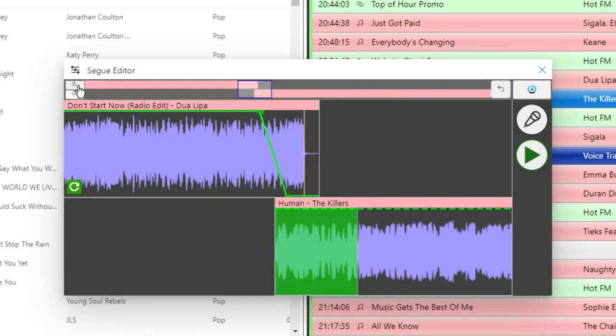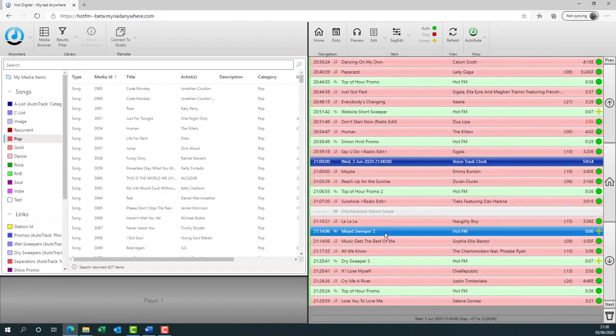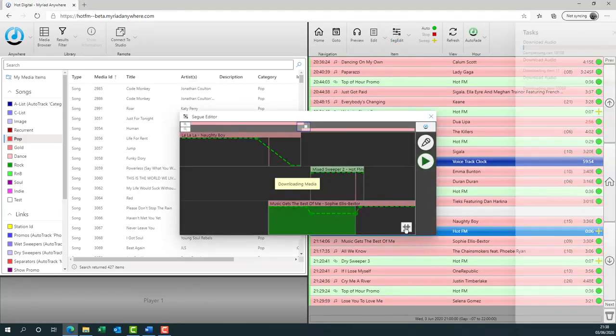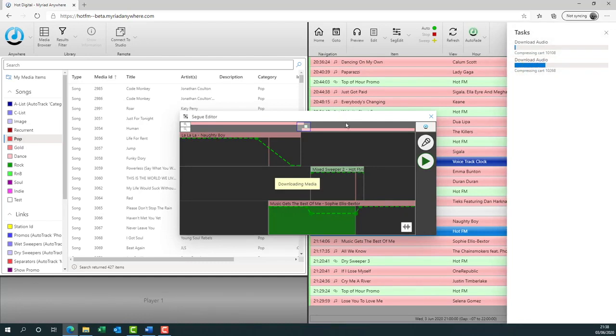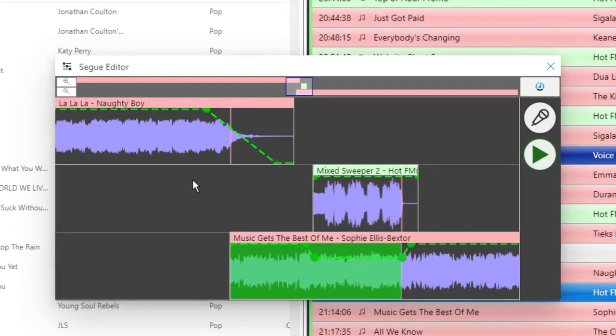Now let's take a look at the triple segue editor. If we highlight a sweeper and click on the segue editor, instead of just seeing two items, we see three items. If I download the waveforms, you'll be able to see how this sweeper is going to be played. If we preview it,